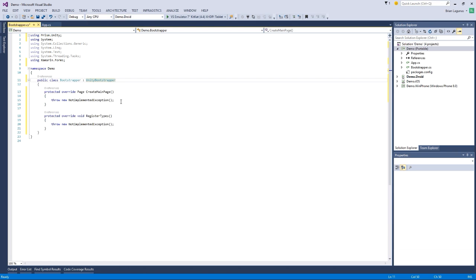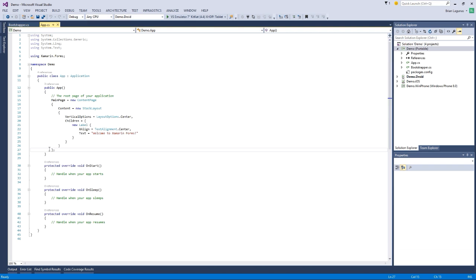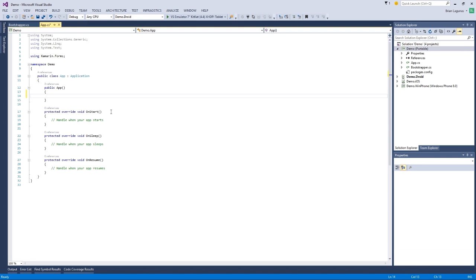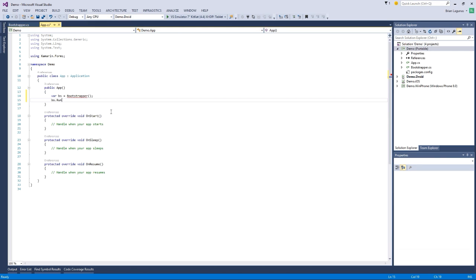Okay, and in here you'll see we have 2 contracts: create main page and register types. Well, we won't worry about register types right now, but we will talk about create main page. So I'm going to come into the app and I'm going to delete all that mess. And I'm just going to simply create a new instance of our Bootstrapper. And then we're going to call run and pass in